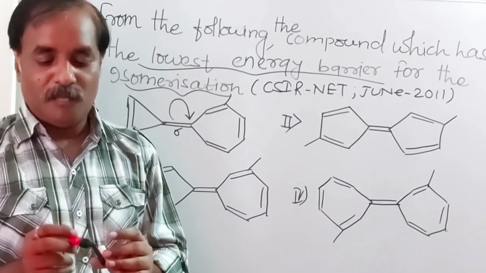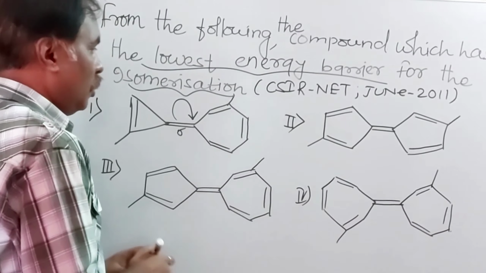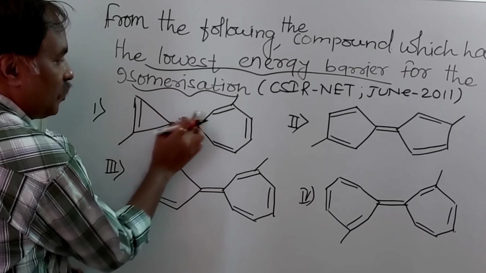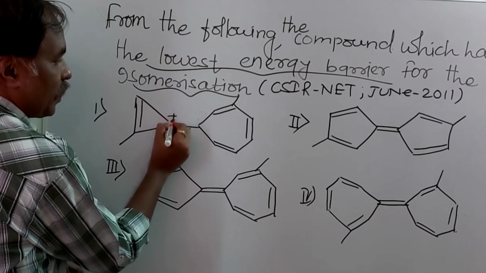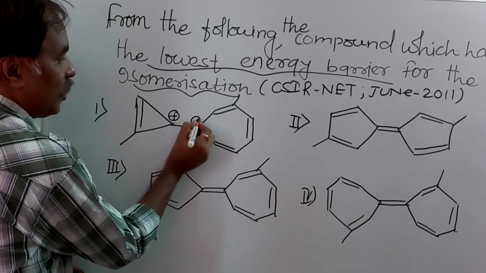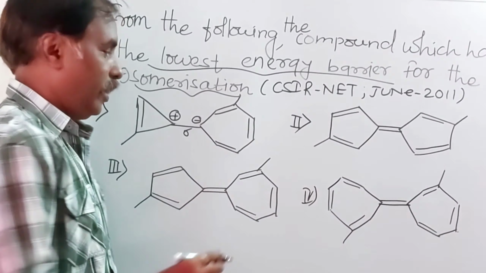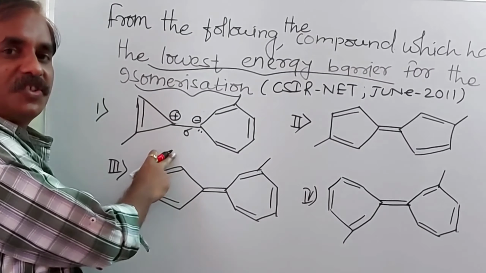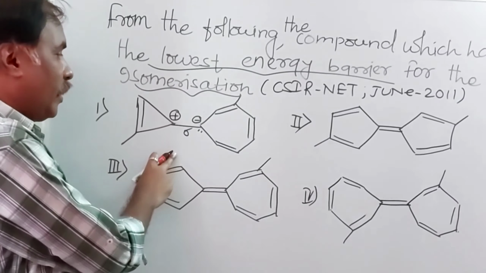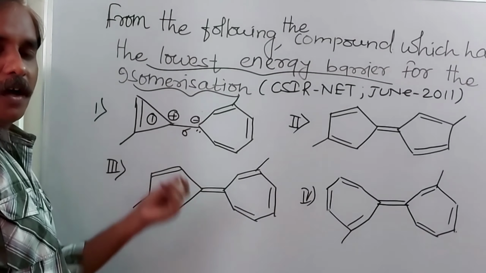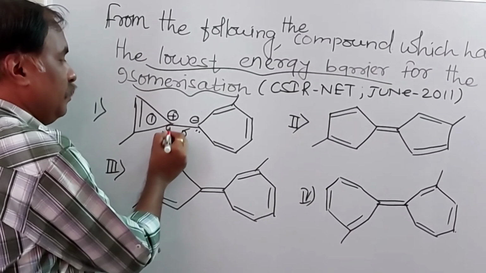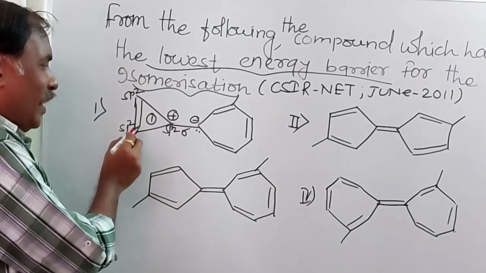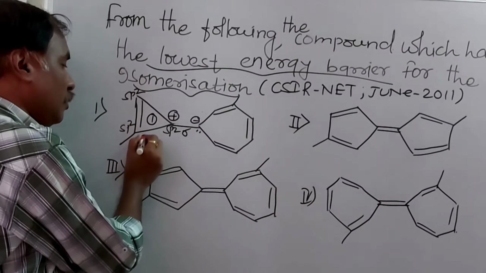We have already taken an example like this in a previous lecture. So breaking the pi bond and shifting of electrons toward this carbon, this carbon will acquire a positive charge and this carbon will acquire a negative charge. And here there is one lone pair of electrons. Now tell me whether this is aromatic, anti-aromatic, non-aromatic. Take ring number 1. Ring number 1 is aromatic. Here it is sp2, sp2, sp2. Total number of pi electrons is 2, and this ring is aromatic.